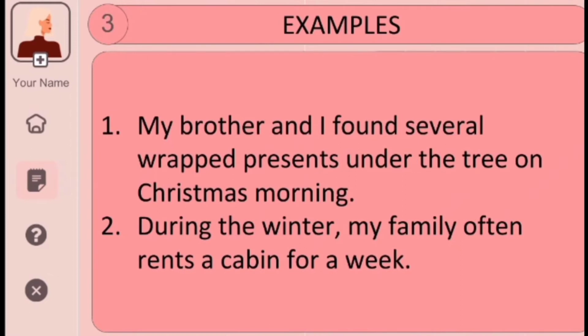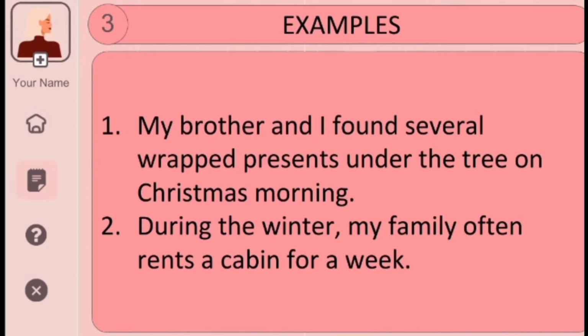First, my brother and I found several wrapped presents under the tree on Christmas morning. First, we start by looking for prepositional phrases in the sentence. First is the phrase under the tree, and another one is the phrase on Christmas morning. Now that we already found the prepositional phrases in the sentence, we are going to